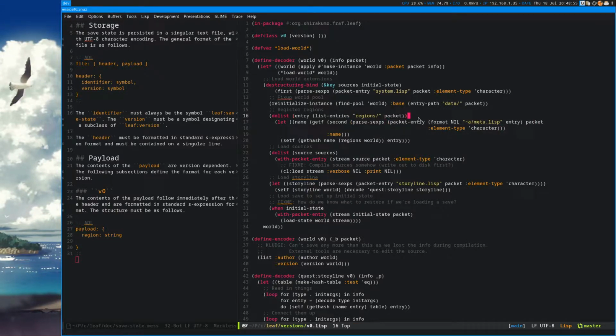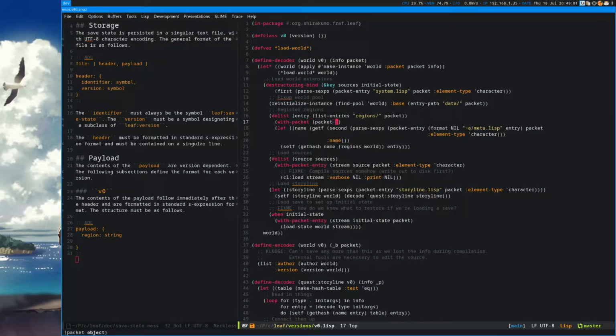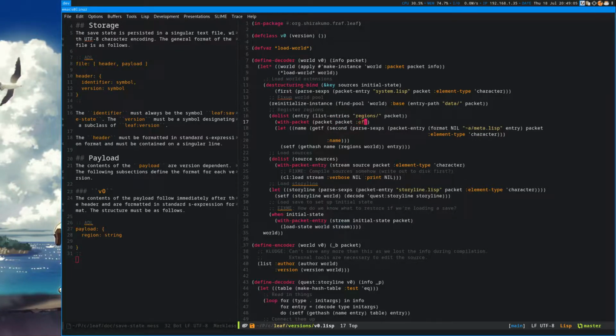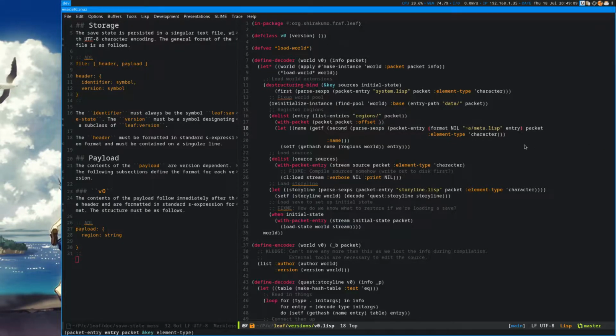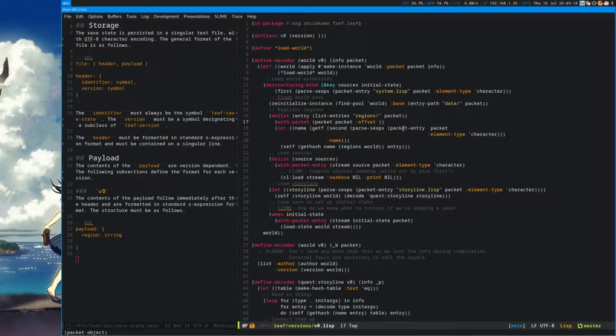We need to do it with packet. I need to add an offset. Wait, is that gonna work? No. It's not gonna work. It's no different.